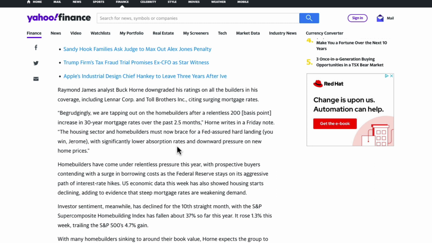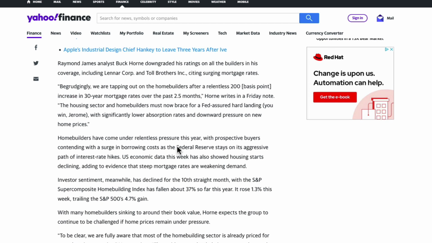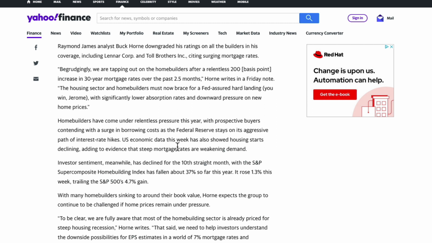But to say it now, while we're pretty much at what I would think the depths of it, I don't know that this is going to be much of a call, other than to point out what I think is rather obvious. Home builders have come under relentless pressure this year. Prospective buyers are contending with a surge in borrowing costs as the Federal Reserve stays on its aggressive path of interest rate hikes. U.S. economic data this week has also showed housing starts declining,